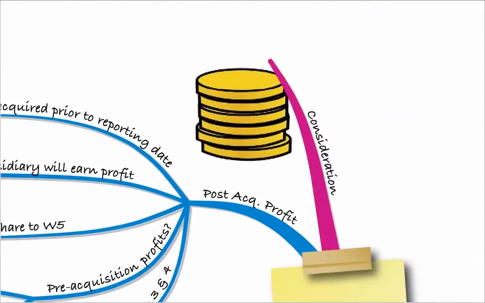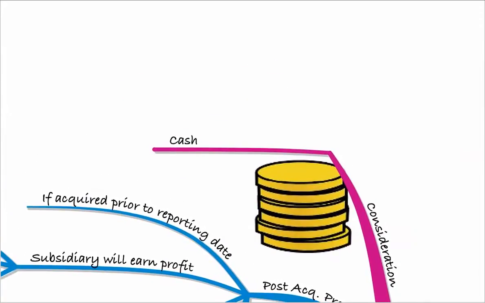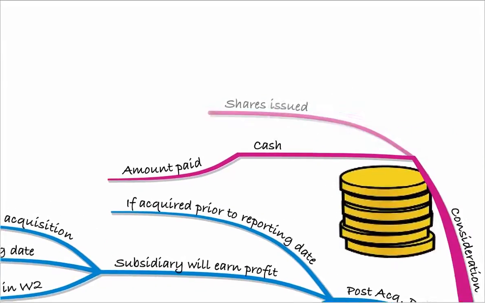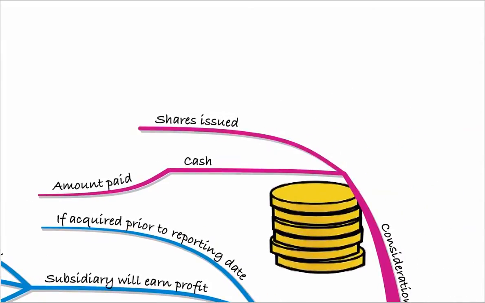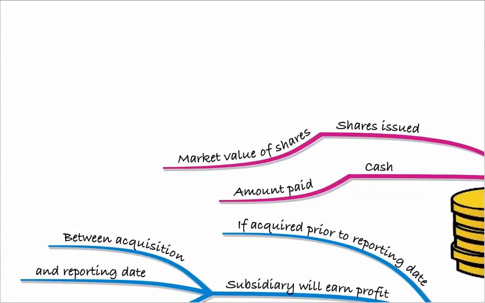We then moved on to look at the consideration that was paid for the subsidiary. There were basically 5 different types of consideration, and we needed to treat each one. First of all, we had cash, and cash we just brought in as the amount that was paid. For the rest of these ones, we had to try and find the fair value. So for example, if the parent issued shares for the subsidiary, well then we used the market value of those shares. That would be the fair value.